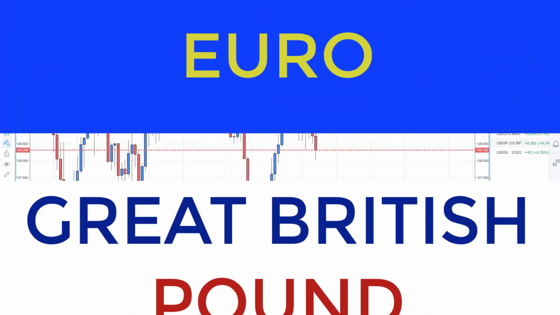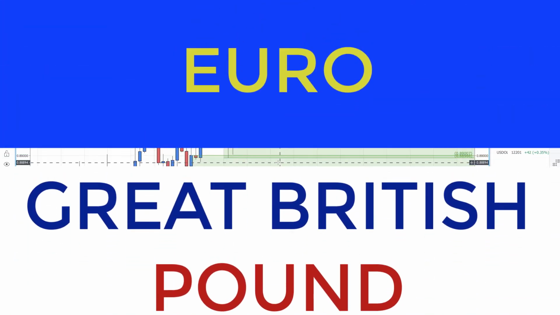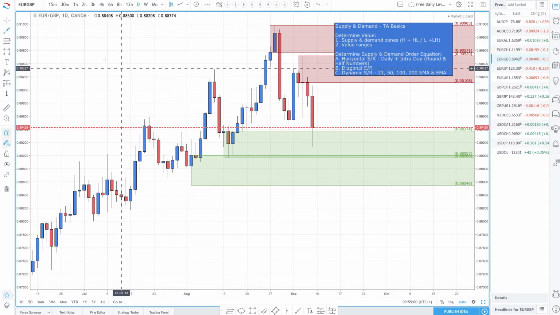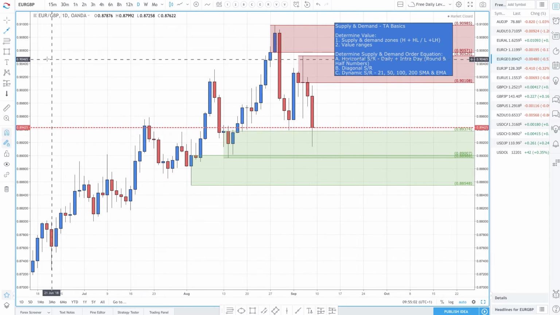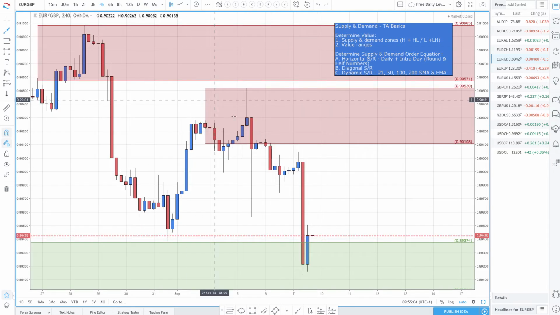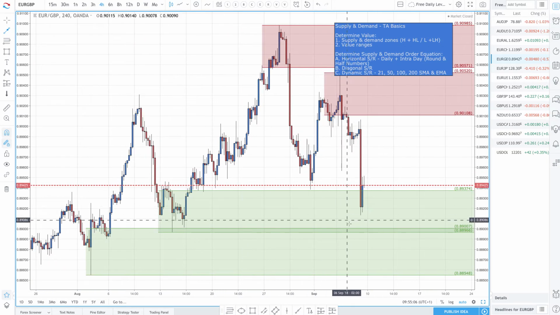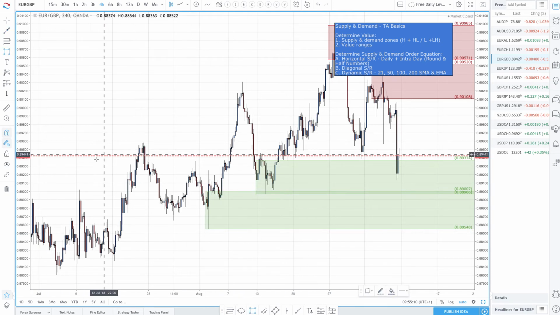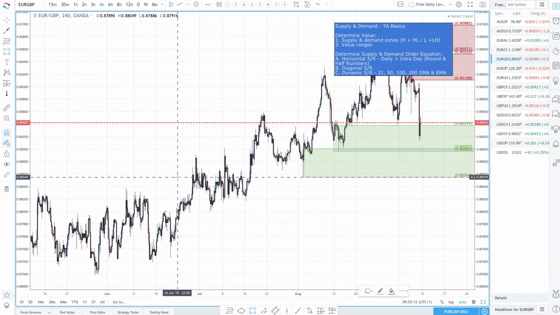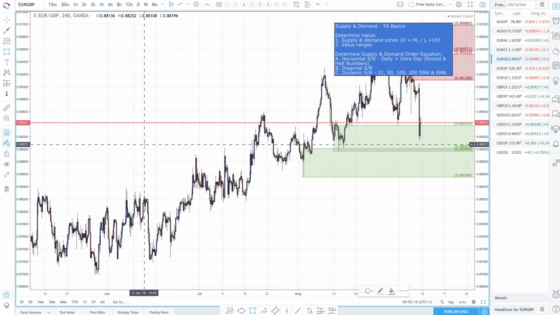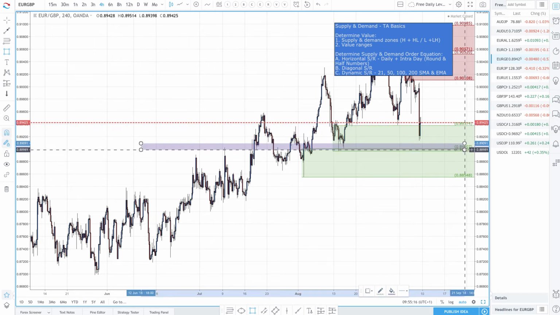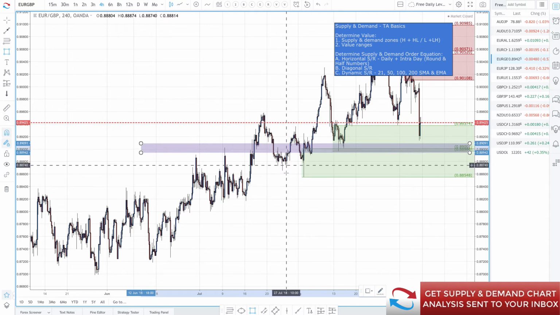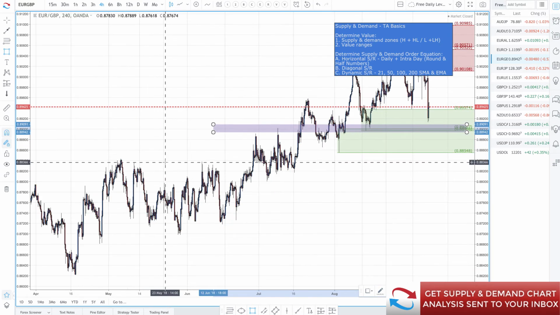Moving on to the euro pound. Euro pound, I actually want to be a buyer of the euro. Didn't get a chance last week, so on the lower time frame, potentially seeing how price action goes around this area. Let's zoom out a little bit. Probably this area right here, and that's around the 89 area. And then you've got another one, I think probably around